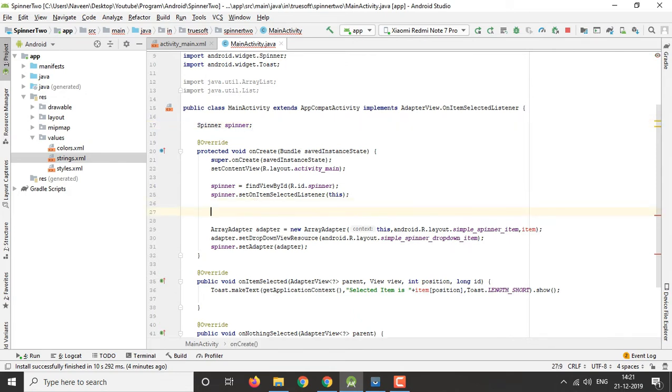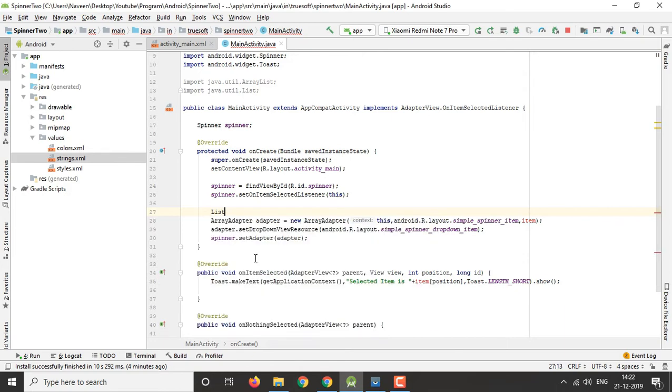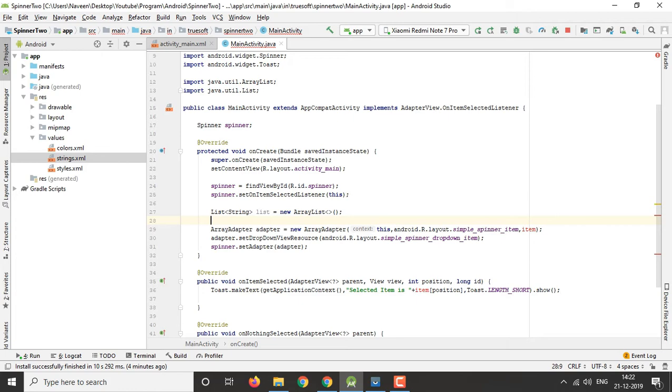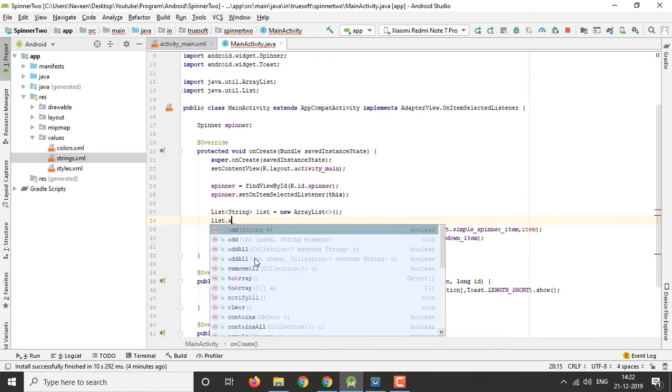And then again here, what I have to do is create a list and pass the type as string, and I will give the name as list. And then I have to create a new array list. So new ArrayList, it will be of type string, and then I will add. So list.add